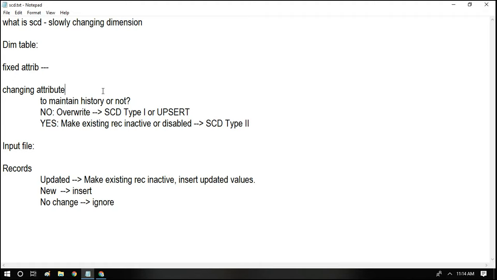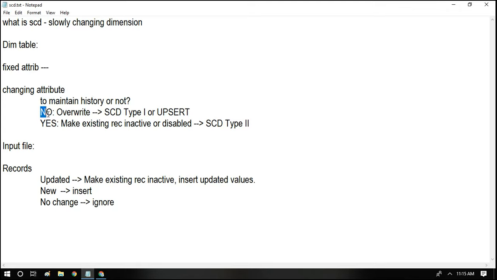If we switch between projects and those projects come under different departments, obviously the department to which we are tagged will be changing. Even though not frequently, it can change slowly. That is called slowly changing dimension. Our department is going to change in the course of time, but whether we need to track the history of the particular employee, which departments he belonged to before coming to the current department, that is what is called history maintenance, whether we need to maintain history or not.